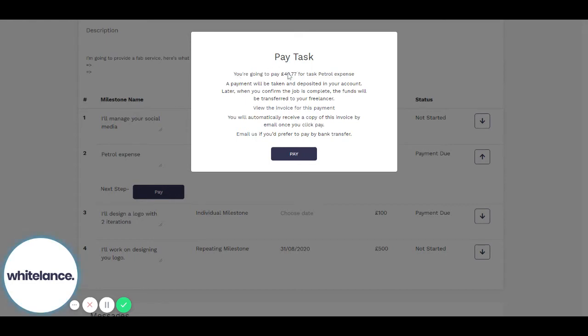But here, let's just read through this here. It will give you a summary. So it says you're going to pay X amount for this task. The payment will be taken and deposited. Later, when you confirm the job is complete, the funds will be transferred to the freelancer. You can click on the invoice here,